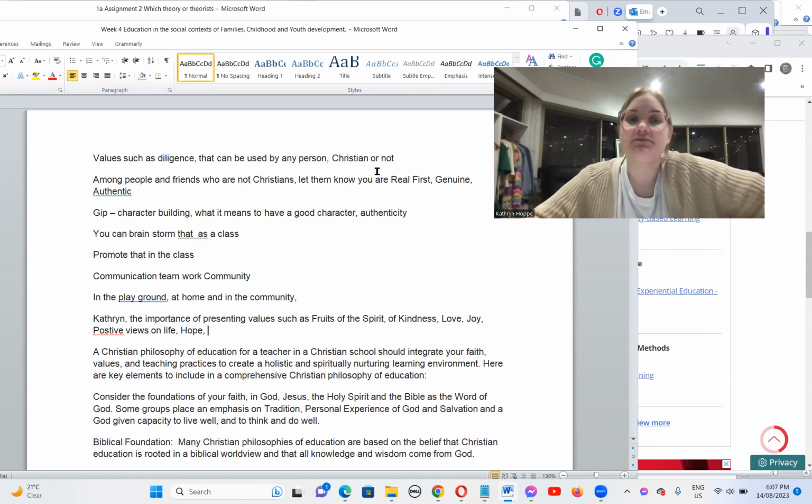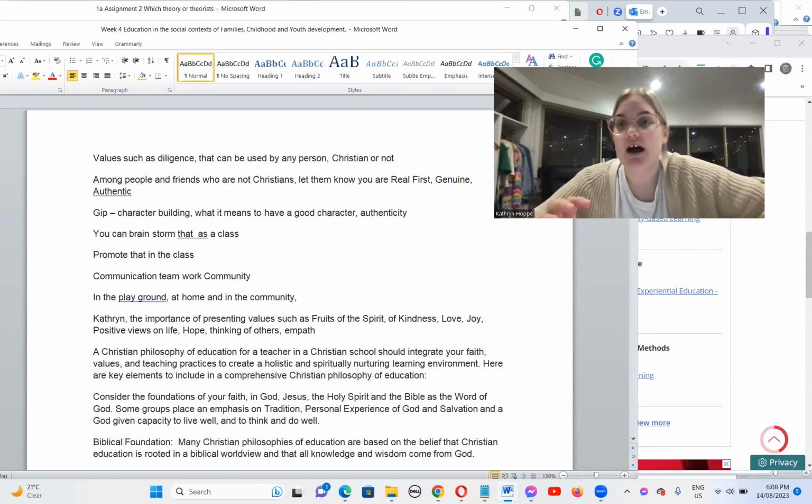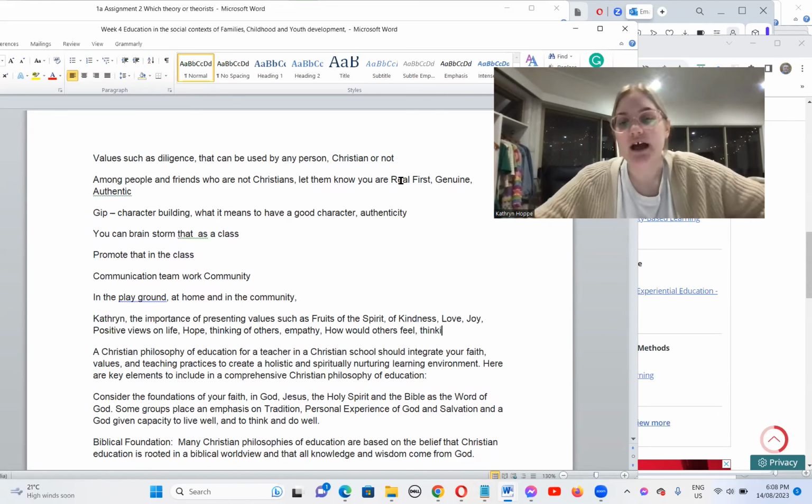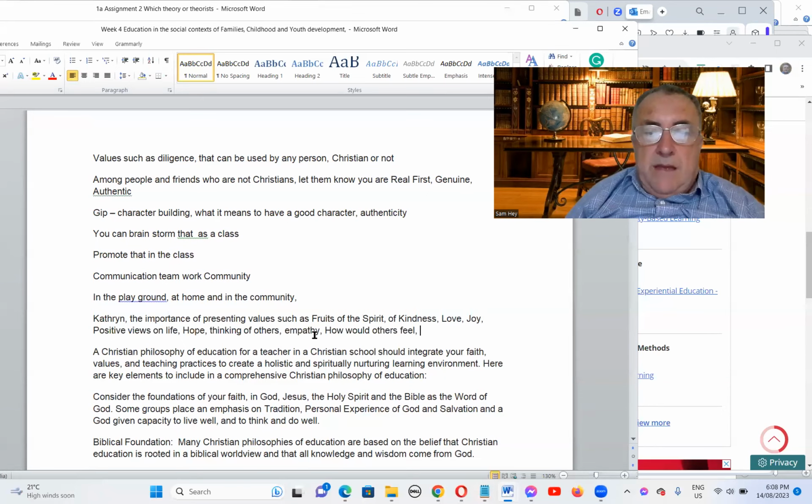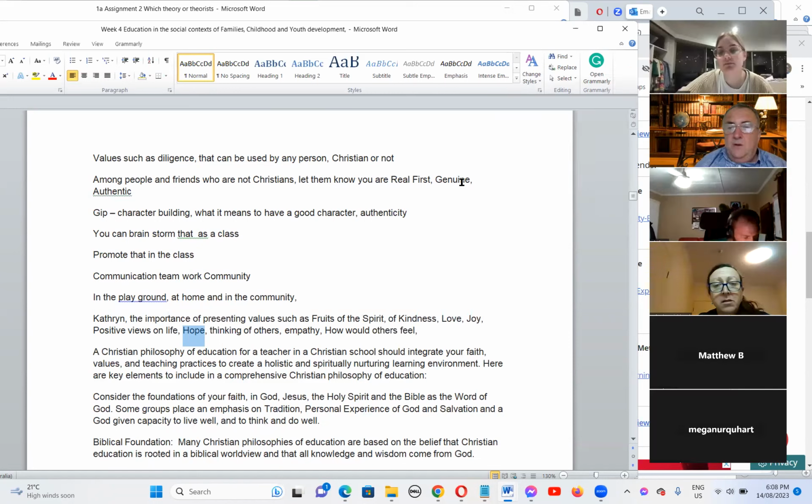So whether it's a Christian school community or not, I think that those values are highly important and also highly valued by society. So, yeah. And aspects like empathy, how would the other person feel? Aspects like hope, how can we develop a positive atmosphere rather than focusing on the negatives? And so Christians have such a lot to contribute.